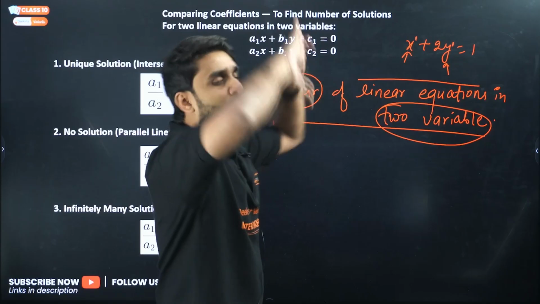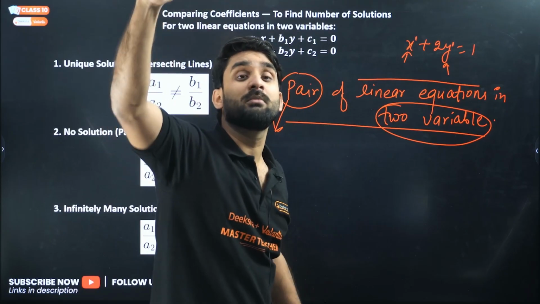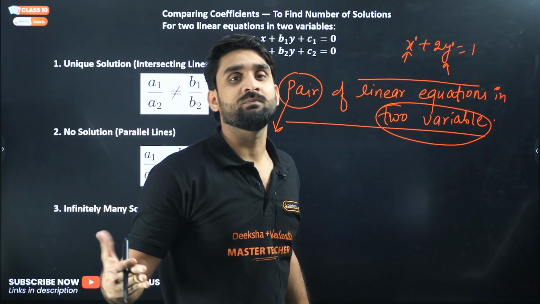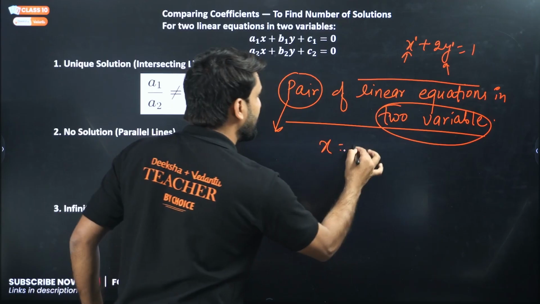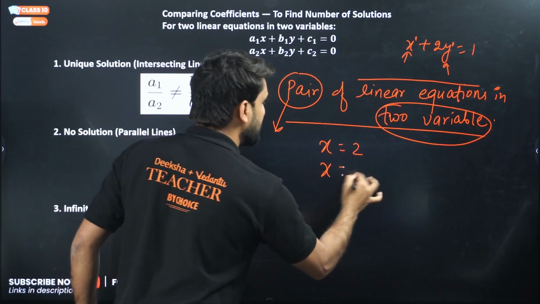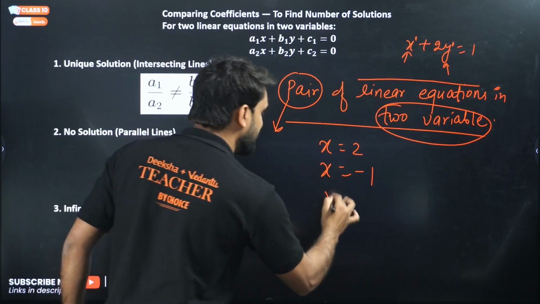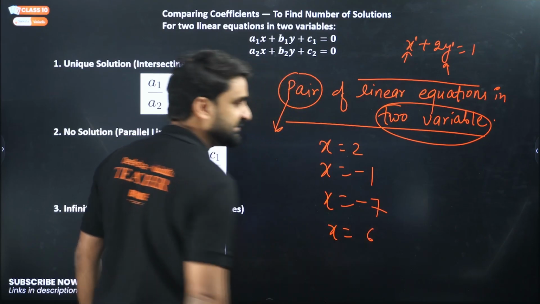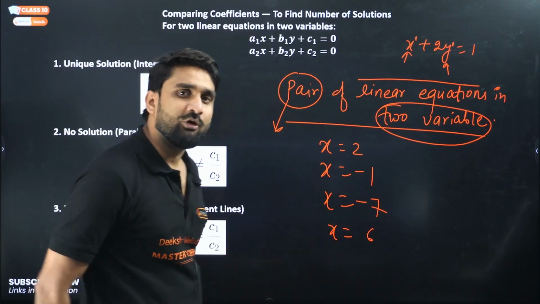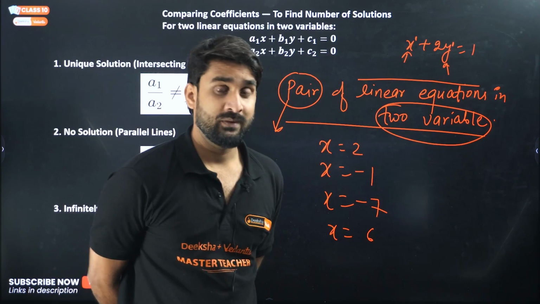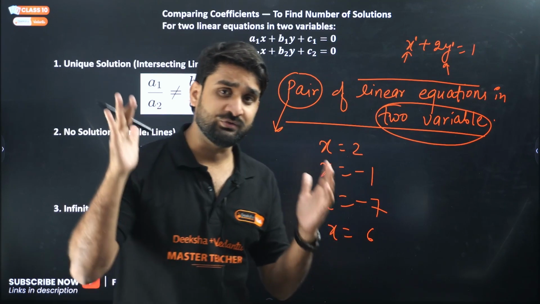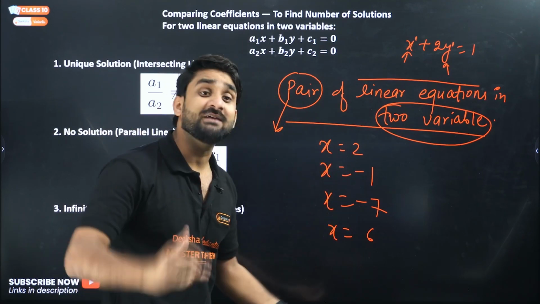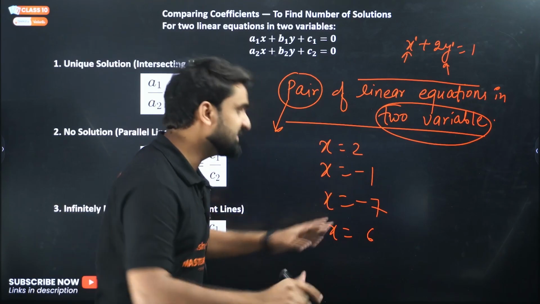Like in so many questions you have already solved the word problem type of question, and somewhere you are getting the value of x is 12, and somewhere you are getting the value of x is -1, somewhere you might be getting the value of 7, -7, somewhere you might be getting the value of 6. So is the value of x fixed? No. According to condition, according to situation, the value of x keeps varying, and that is the reason why this